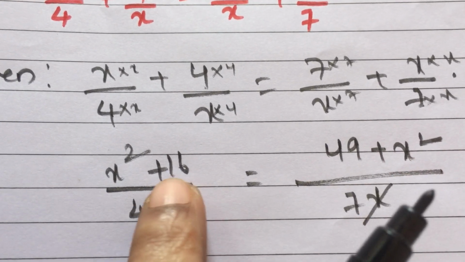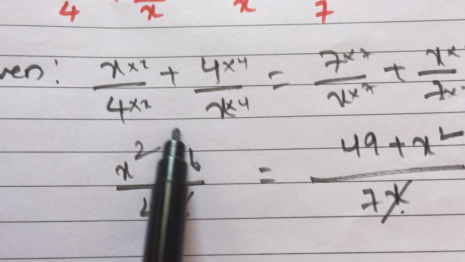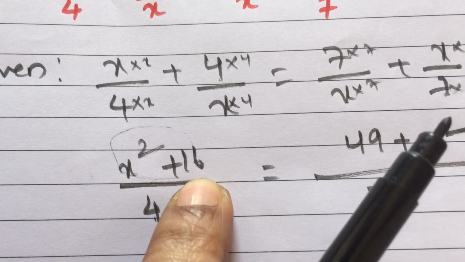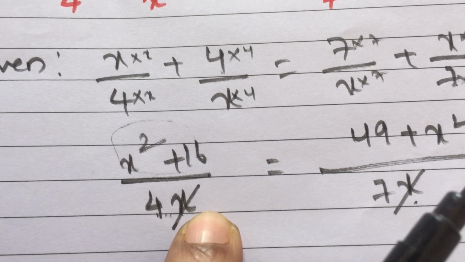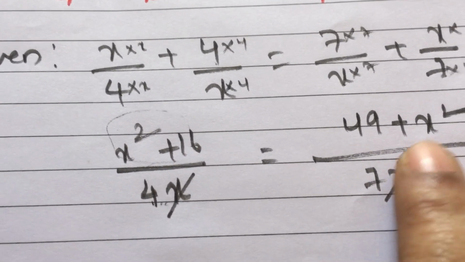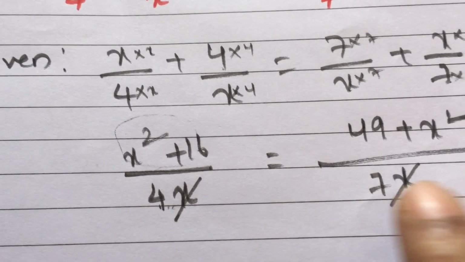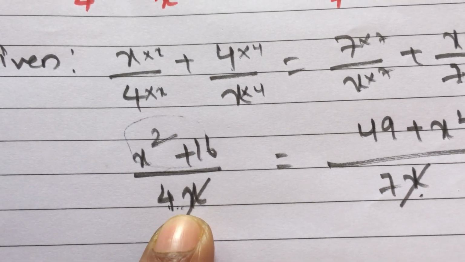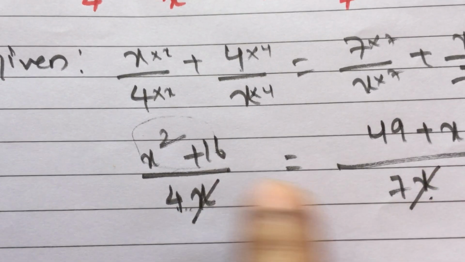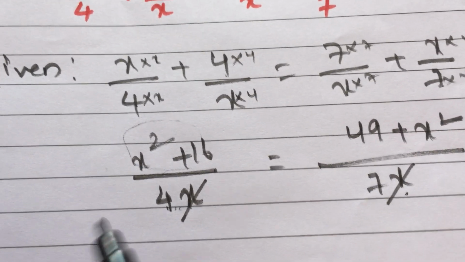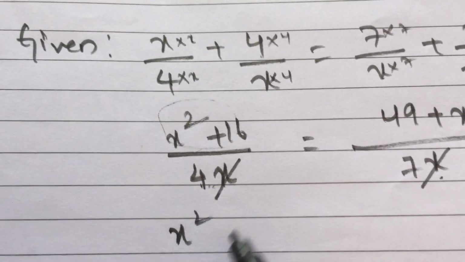Just remember this, because it is in addition. If it is in multiplication, then you can cancel. If it is with addition with some other term, you cannot cancel. For example, if there is 4x plus 1 and 7x plus 2 or something like that, then you can't cancel this because it is in relation with some other plus or minus terms. You can cancel only when it is in multiplication with the neighboring term itself. Here you cannot. Just be careful with that. Okay, after you have got this, I'll just rewrite it.